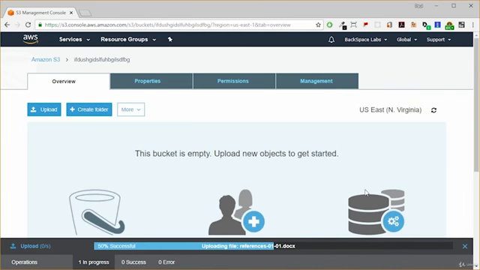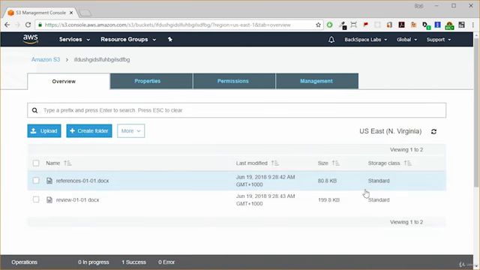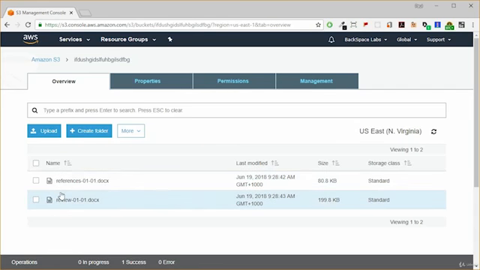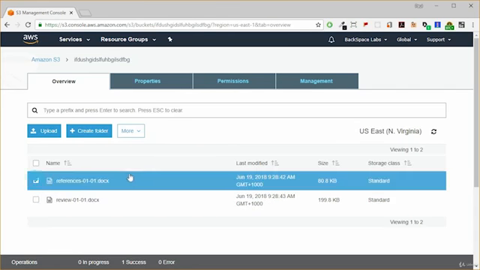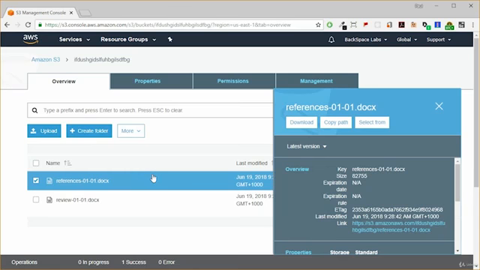So quite quickly, they're pretty small files. They'll upload to Amazon S3. And there we go. So they've been uploaded. And that's how easy it is to create a bucket and upload some stuff. It's really quite simple. Now, if we want to get that back again, for example, all we need to do